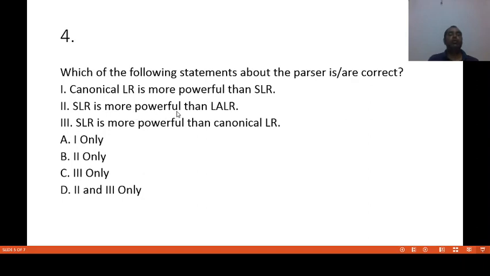SLR is more powerful than LALR. Incorrect. LALR is more powerful than SLR. SLR is more powerful than canonical LR. Incorrect. So we can say only statement 1 is correct. Canonical LR is more powerful than SLR. A is correct, 1 only.